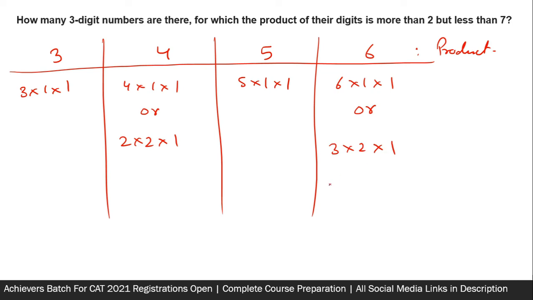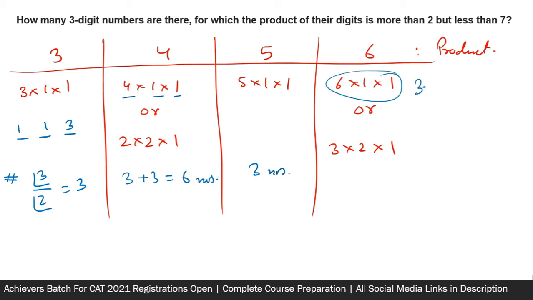So this is the basic work that we had to do. Now, if the 3 digits are going to be 1, 1 or 3, so how many such numbers are there? They are going to be 3 factorial by 2 factorial, which is 3 numbers. Similarly, 2 digits are same, 1 digit is different, 2 digits are same. So again, they are going to be 3 plus 3, 6 numbers. Here again, 3 numbers. And here we have 3 numbers here and 3 factorial, 6 numbers here. So total of 9 numbers.